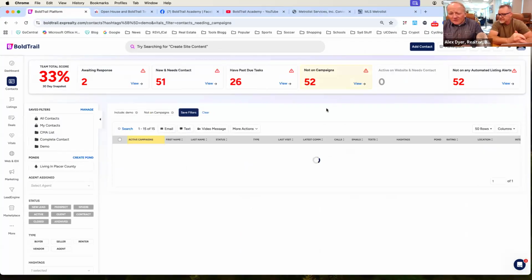So when we go in and view this, keep in mind, this is for the Living in Placer County team site. Okay. And so it is identifying, I know I have much more than 51 that are not currently on a campaign. So these are dealing with the statuses that aren't on campaigns. Got it. So I'd have to really look at what those filters are. But